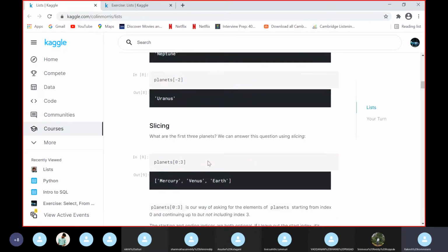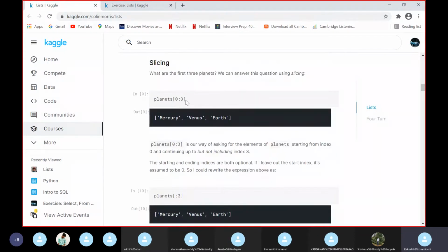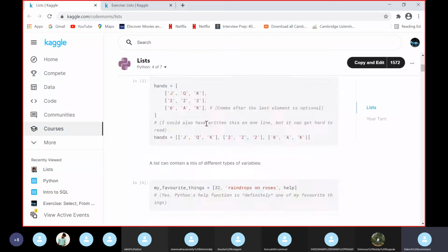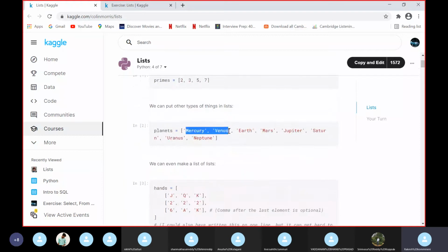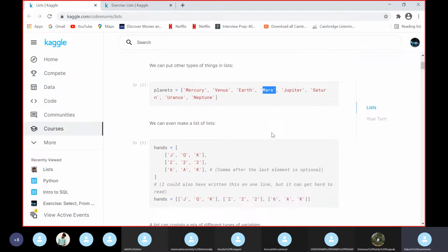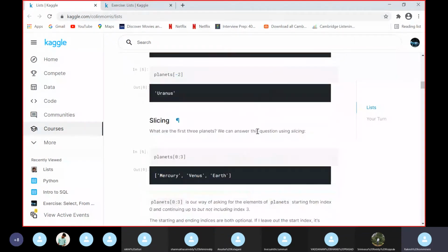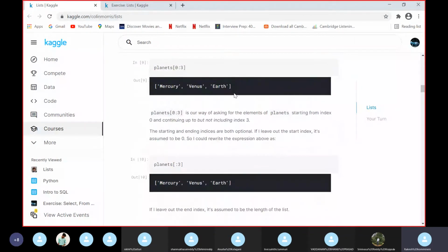I mean, if we want to print from the 0th to 3, only the first 3 will come. Like planets of 0 is Mercury, planets of 1 is Venus, and planets of 2 is Earth, but not Mars. So that's how we would retrieve the first 3 elements.